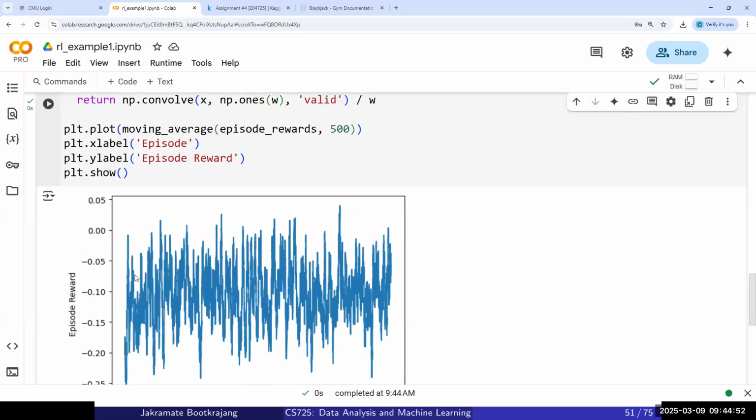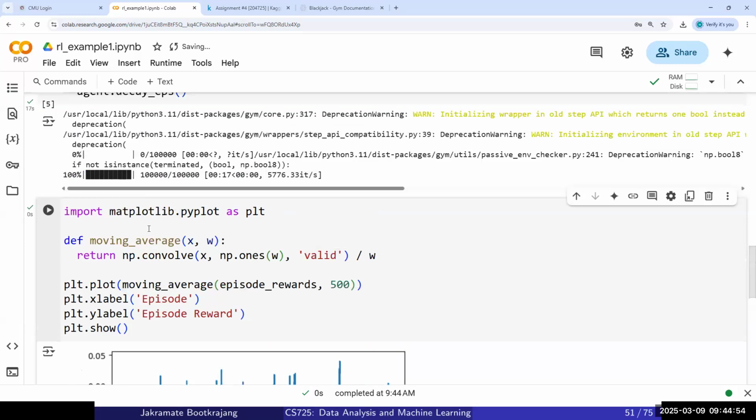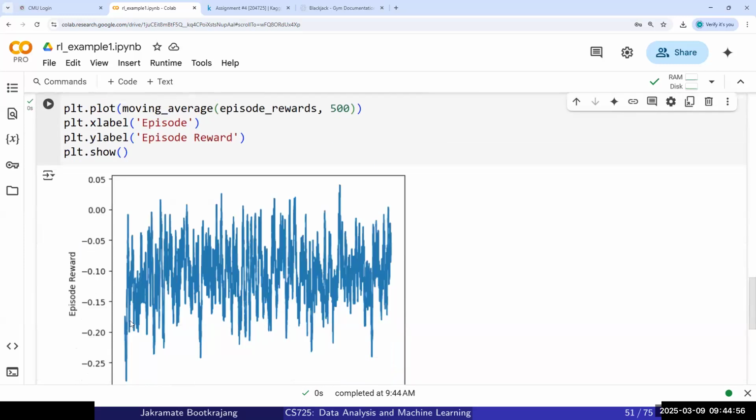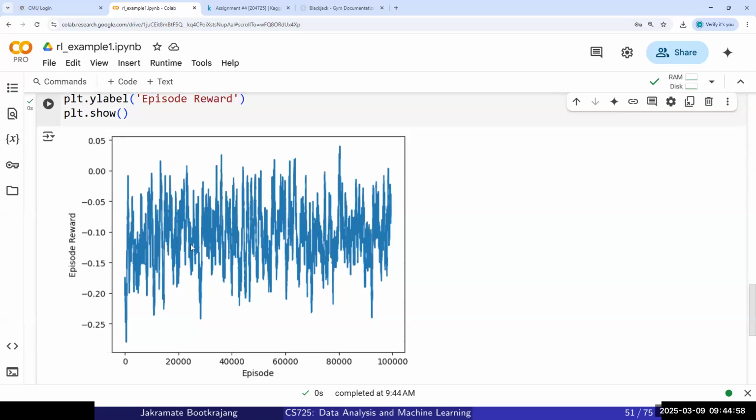So depending on the actual play, your result might be different because the style of the game is actually different every time. Like you get different cards, you have to make different decisions. So you can see, right, it's still roughly the same, right? If you go toward the end,